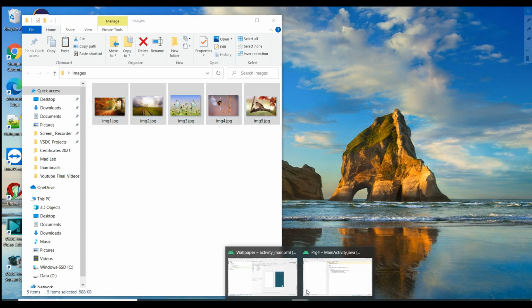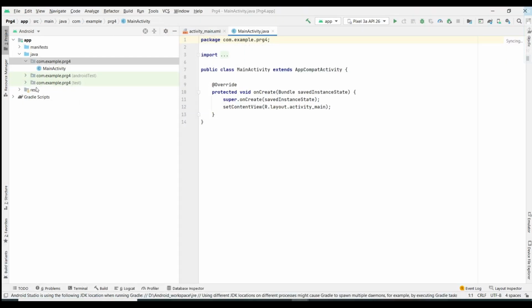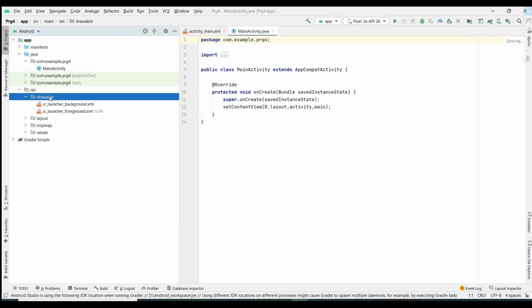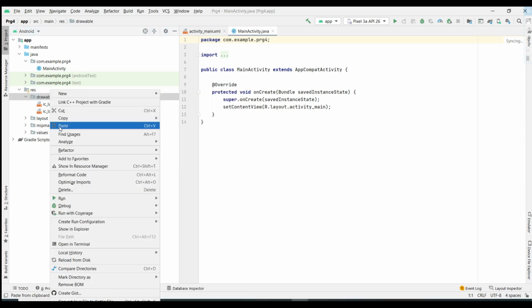Okay, go to the Android Studio, that is PRG4 that I have. Then go to res, then click on the drop down button, and here we have drawable. Just click on drawable. Here you just paste whatever images you have copied.